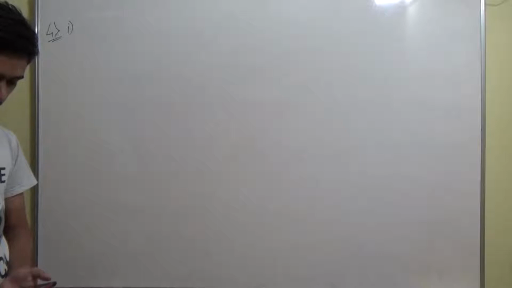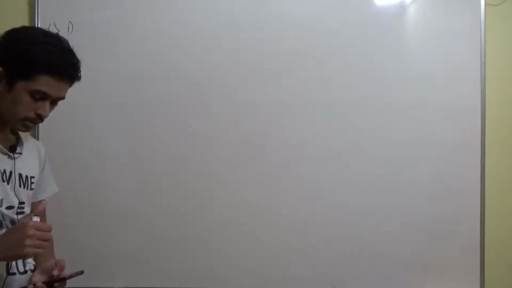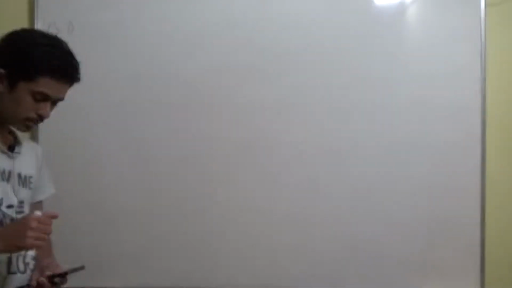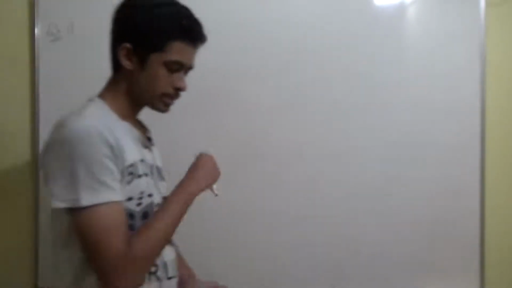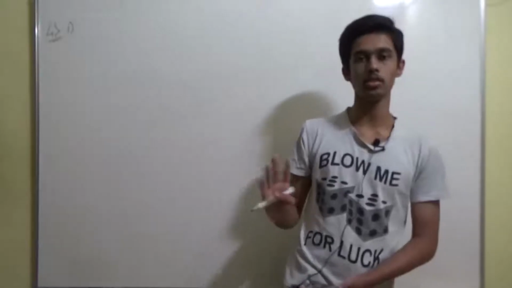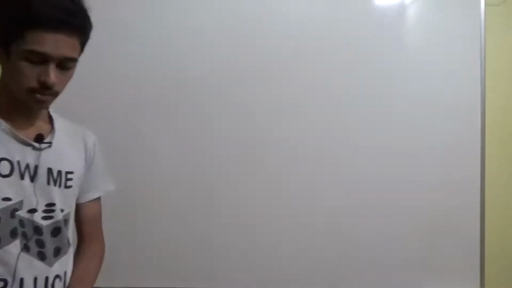of food per day. Okay, before the first part, the fourth main question says, form the pair of linear equations in the following problems and find the solution if it exists by any algebraic method. Awesome guys. So in the fourth question of the exercise, they have not specifically mentioned the cross multiplication method or substitution or elimination. Whichever method you feel is easy, or whichever method you are comfortable with, you can solve with that method.